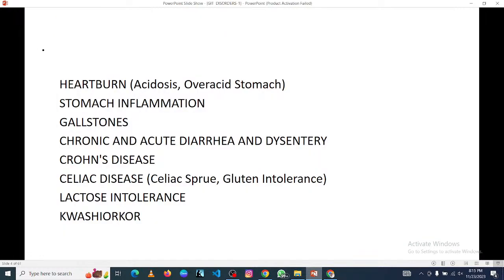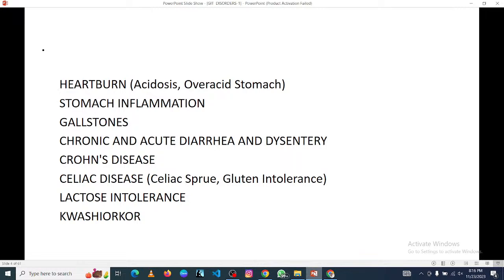These are some of the disorders, symptoms, and signs related to the GI system. Heartburn is a sign or a symptom. Stomach inflammation, or gastritis; we talked about ulcers, which is part of stomach inflammation. We have gallstones, which we'll study deeply and look at how we can go about them. We have chronic and acute diarrhea. We have dysentery, Crohn's disease, which we'll learn about. We have celiac disease,